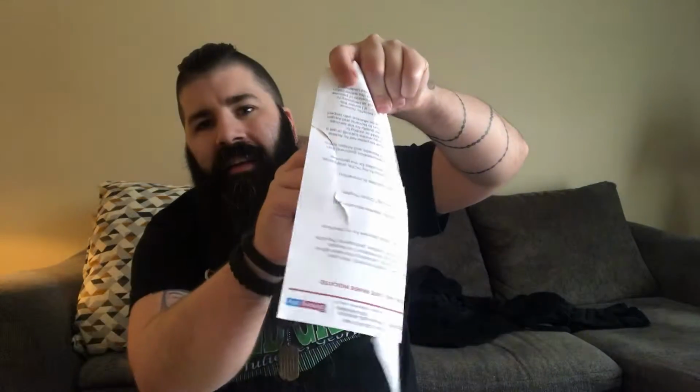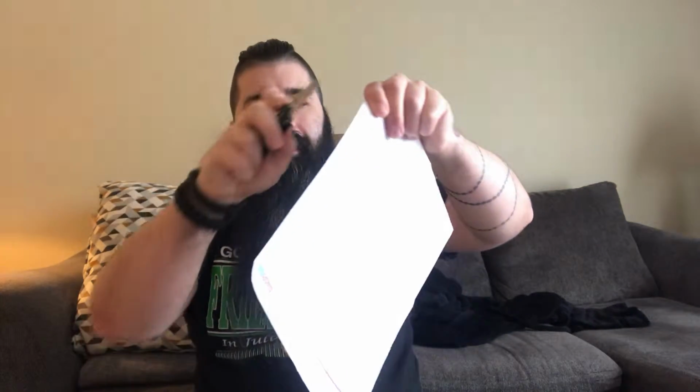So it was pretty sharp before, though I had to get the point in to get that slice. It was sharp, but the point was sharper than the blade, and that's not really the way I want a knife to be sharp. So I'm going to try and show you guys the same way he showed me. You got to kind of hold the paper tight. I'm not really good at this part, but